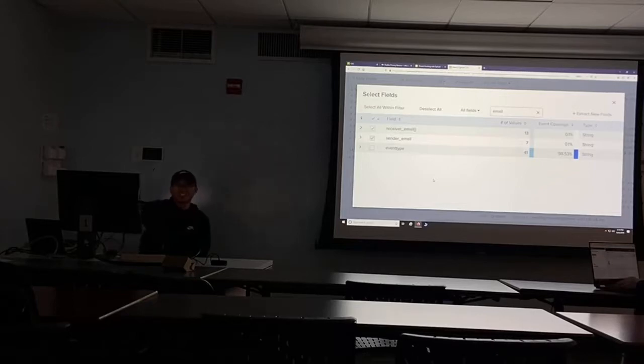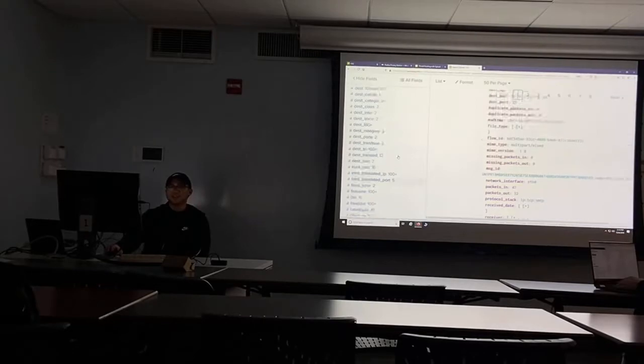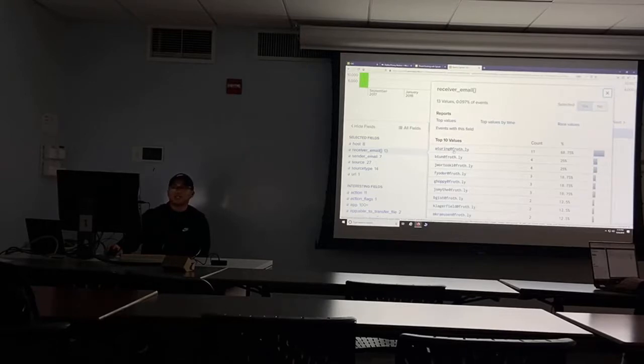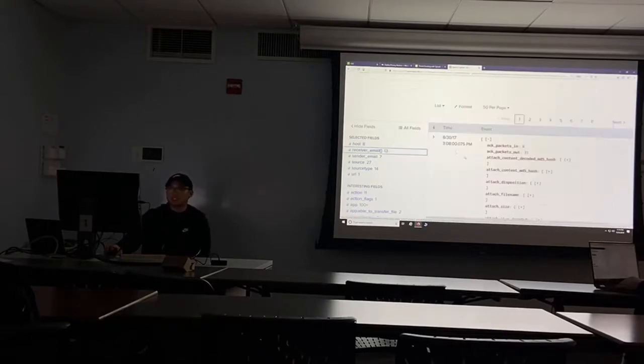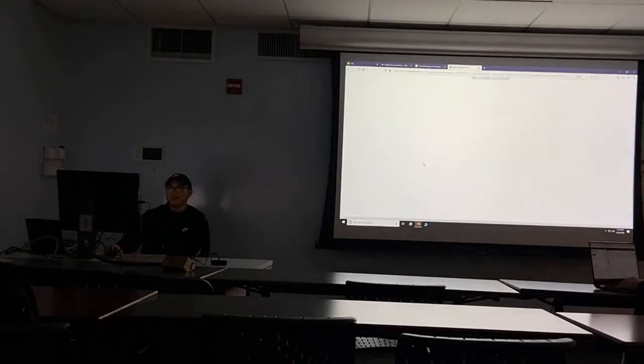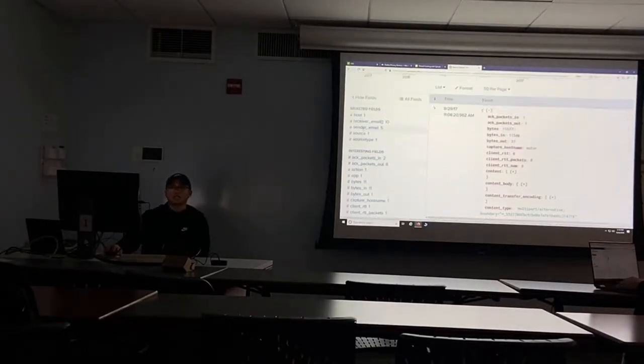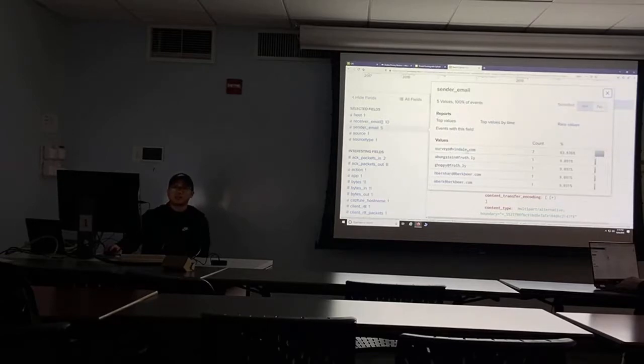So you see receiver email and sender email, right? If we scroll back up, after we check that, now we have it over here. And we know the receiver email is Amber Turing at Frothley. So we add that automatically. And now we have all of this. And now we could look at specific sender emails, like who sent her an email.